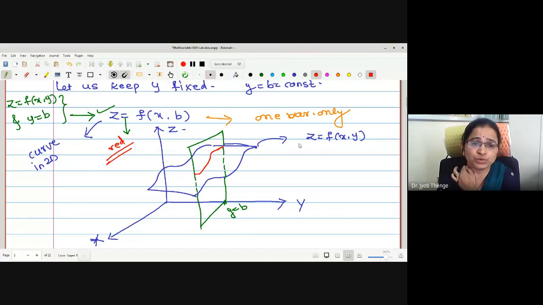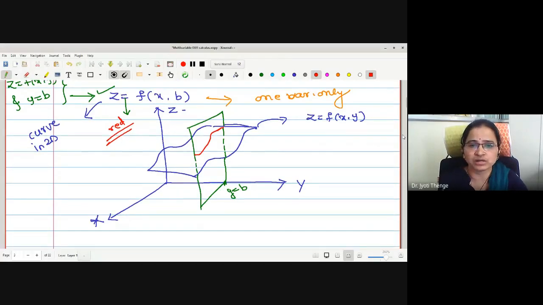Now what we are going to do, once I obtain the curve, this will be a function of one variable, and we are interested in finding the derivative similar to ordinary derivatives. Then suppose I am taking the derivative at a point, suppose at the point, y is fixed, no doubt, therefore I have to just fix the value of x. Suppose at the point (a, b) I am interested in finding it, this is the point (a, b).